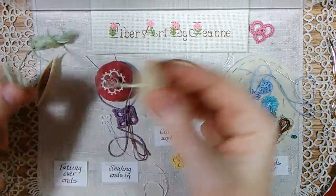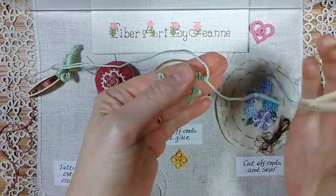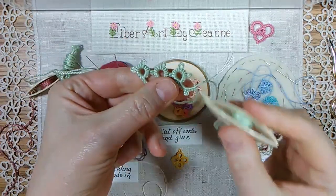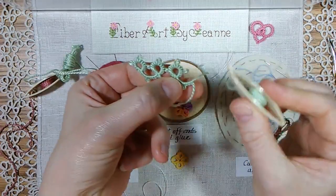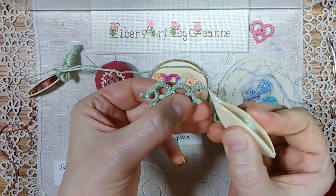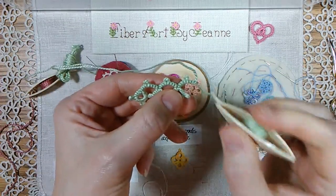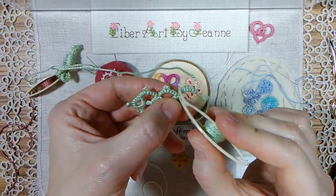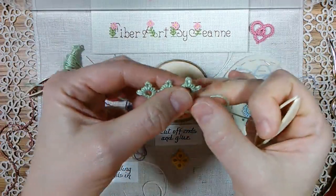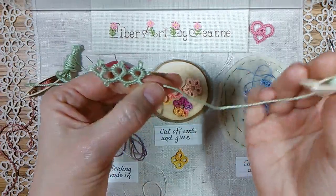If you are doing a pattern that is rings and chains, you want to make sure that if you are going to tie on, you do make sure you are tying on right before you do a ring. You never want to tie on right at the beginning of a chain, because the chain is not as well anchored, and if you are putting your ends here and you start pulling on this, it has a tendency to come apart. So if you are running out of your shuttle thread and you don't think you're going to have enough to do the next ring,